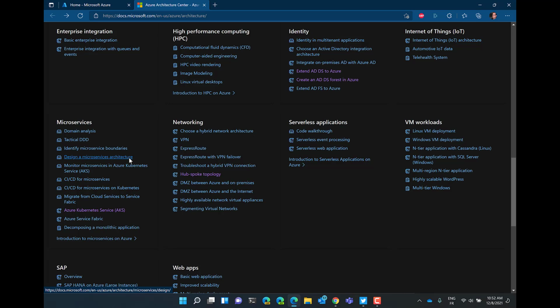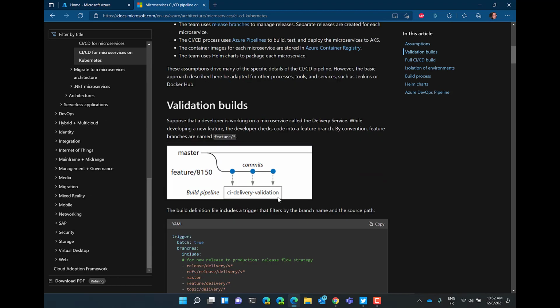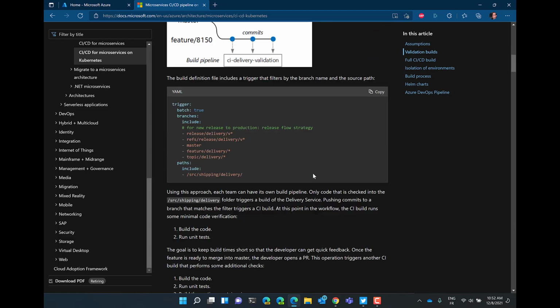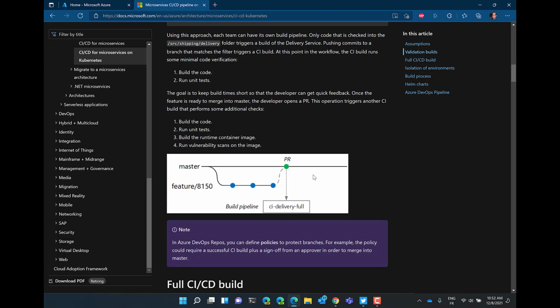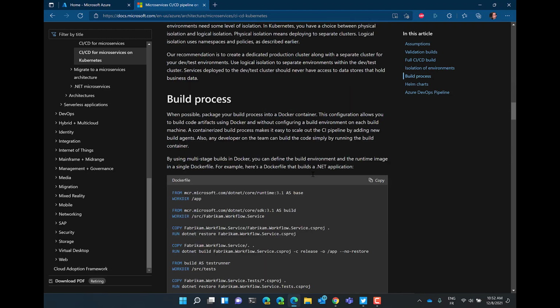If you want to integrate microservices, Kubernetes alike, Azure Functions alike, if you want to find out how should I deploy my pipelines, what would be my pipeline scenario, let's pick one of the more complex ones, building out a CI/CD pipeline for microservices on Kubernetes. Again, providing you all the details where you need to have source control Git-based, allowing you to interact with feature branches, committing the changes, building a YAML-based pipeline, integrating with pull requests, building out the full CI/CD build, running different